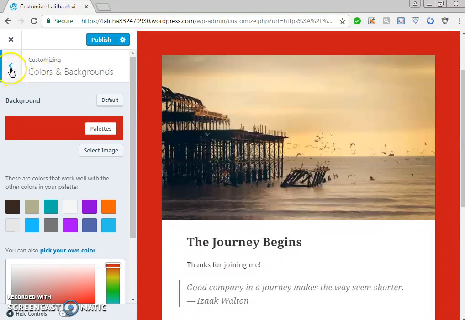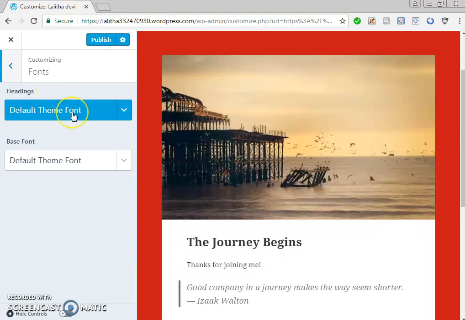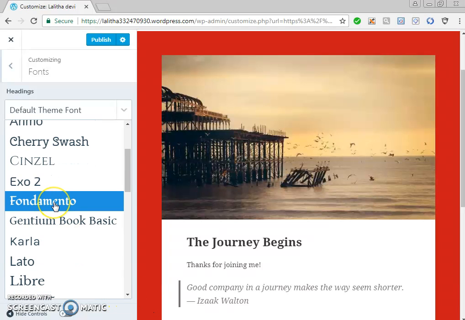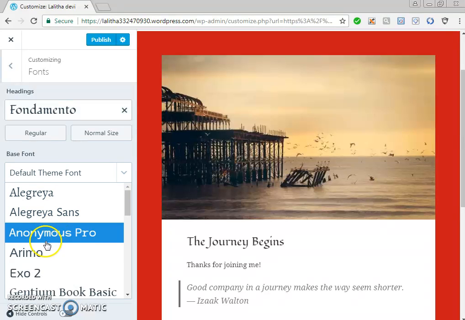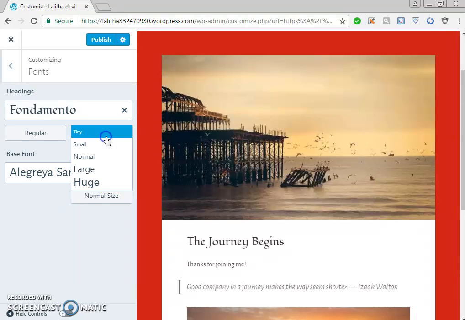Once colors and backgrounds are customized, we can go with the fonts. Some default fonts for the heading and the base font were already selected. If you don't like that, you can also select any of the fonts available here. In the base font, any font of your choice you can select. And the size of the font can be normal, large, huge, etc. Whatever size you are comfortable with, you can select that. Click on the Publish button